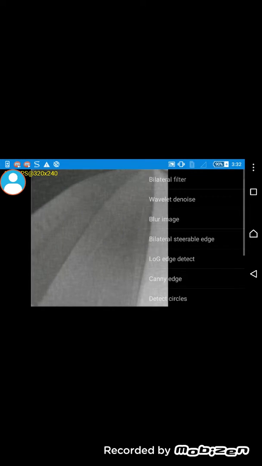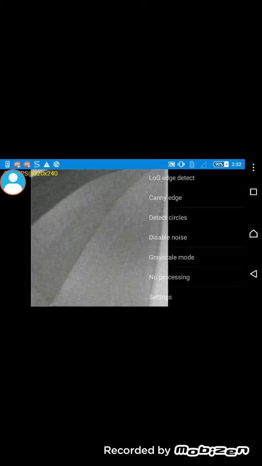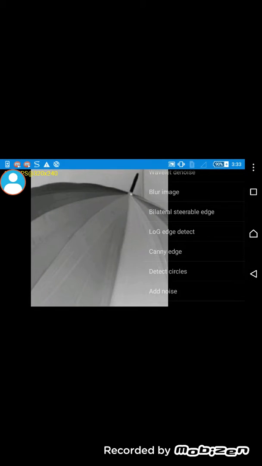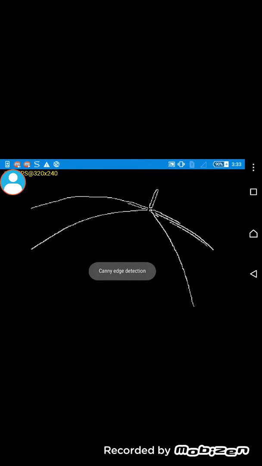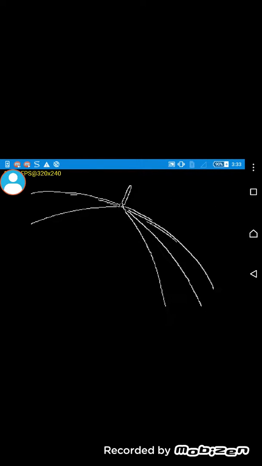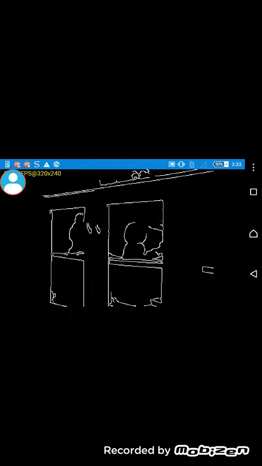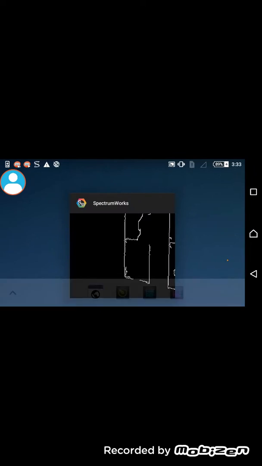Now going ahead with the image edge detection, all of us know what Canny edge detection is. It is one of the most primitive methods of detecting edges in images. It is available in this app. We will apply it and you see that we can directly see the edges. The parameters have been tuned, which can be set according to convenience. As you can see, the Canny edge does a pretty good job of detecting edges, but at the same time,